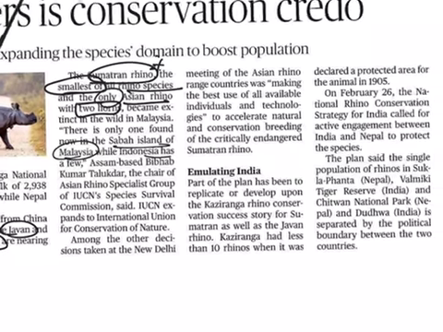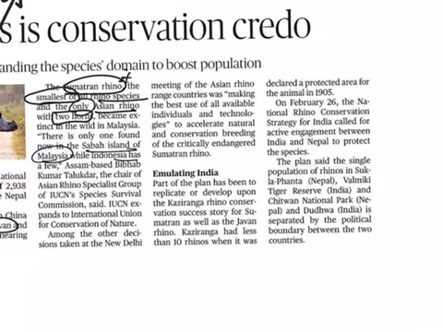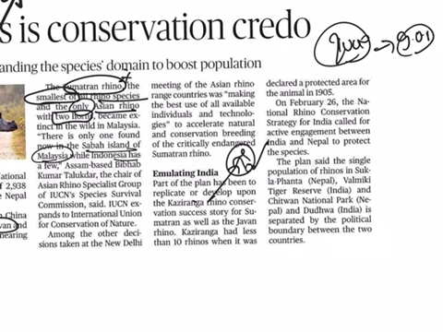Now in the Asian rhino range countries meeting, there is a plan to conserve the Sumatran and Javan rhinos. They are taking the example of the Kaziranga rhino conservation success story, which has improved the population of the Asian rhino. From the prelims point of view, we should know the IUCN status of the greater one-horned rhino. It is listed as vulnerable. And where is it found in the entire Asia?